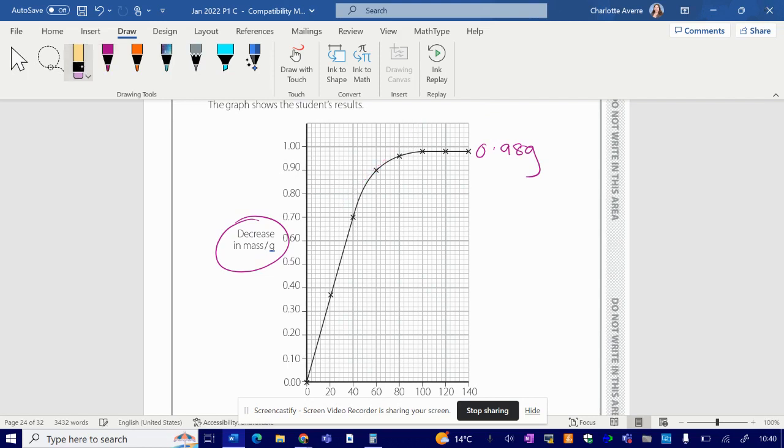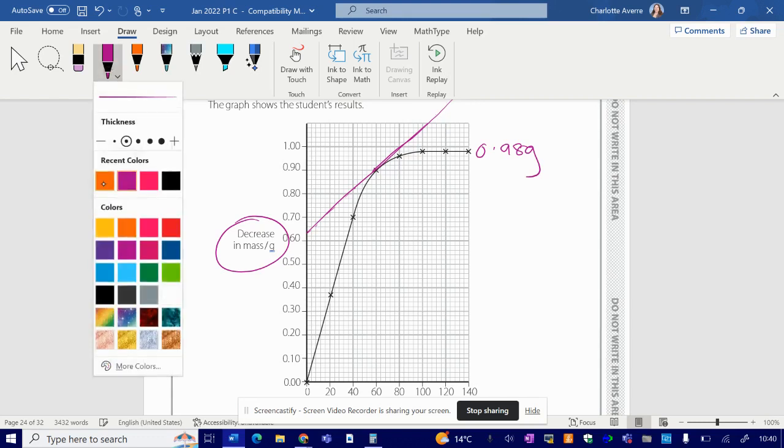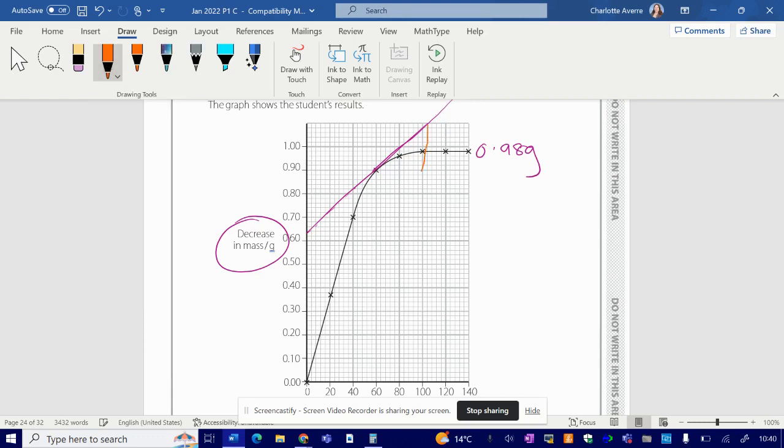Okay, I've not got it quite on the line, so I'm going to redraw. So you're trying to line up a tangent line with the point that is at 60 seconds. That's not great, but it's also not terrible, so I'm going to try and do it using this. Okay, so to work out the gradient of a line, you do the change in the y-axis over the change in the x-axis. So the change in the y-axis is going to be equal to